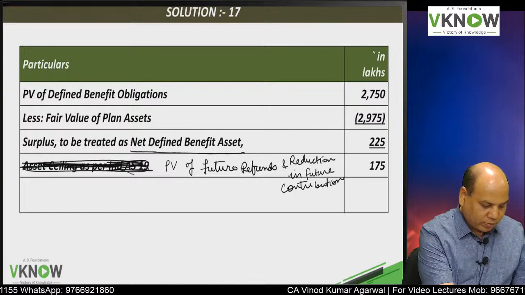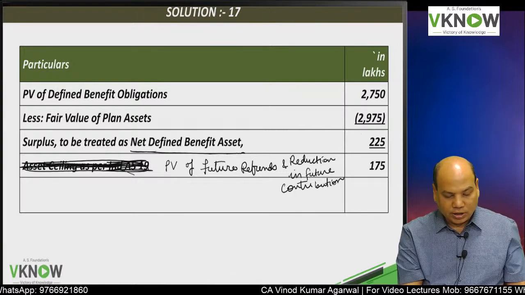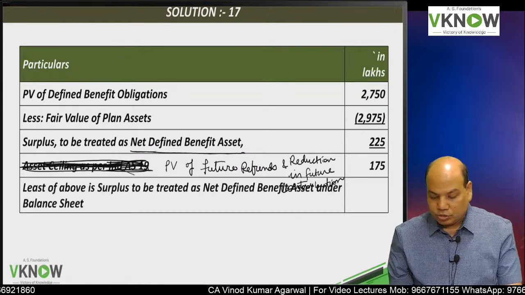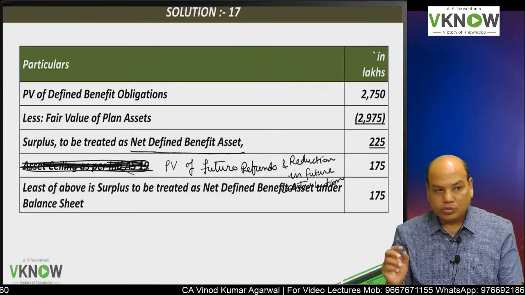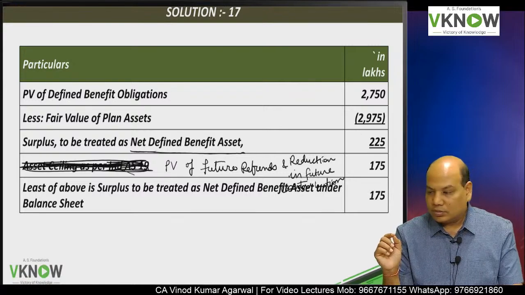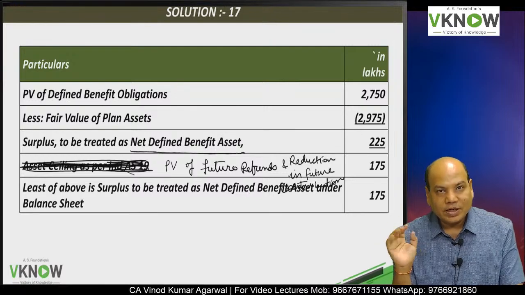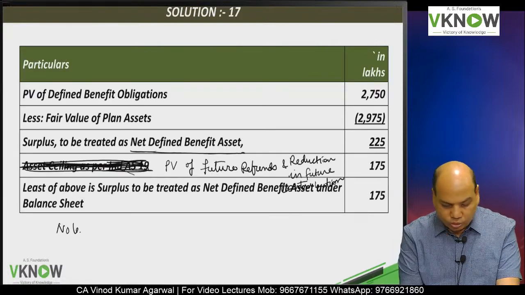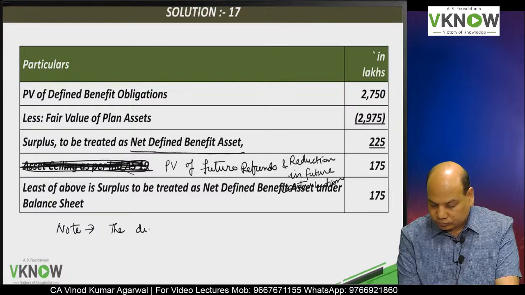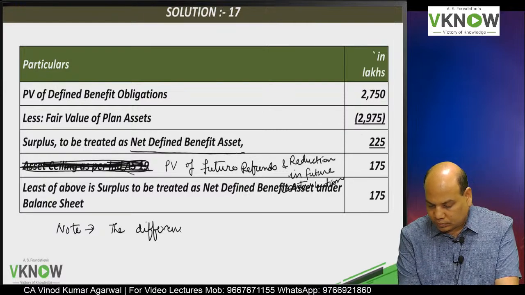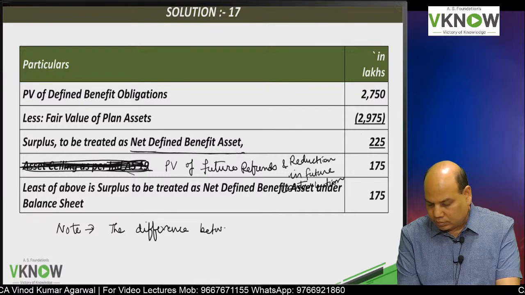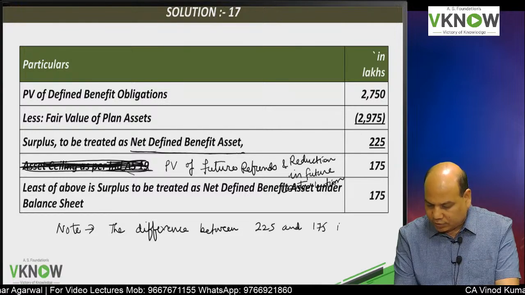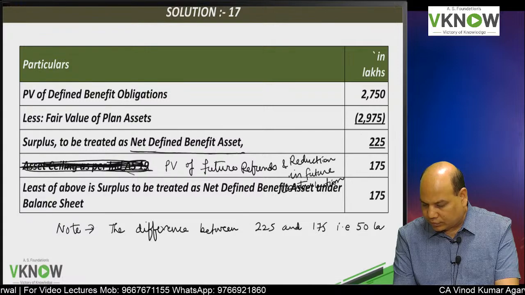Now tell me, will you keep on the balance sheet asset side 225 or will you keep 175? You are going to keep the lower of the two. So on the balance sheet asset side we are going to present 175. And what about the difference? Write down below the answer: the difference between 225 and 175, that is 50 lakhs,